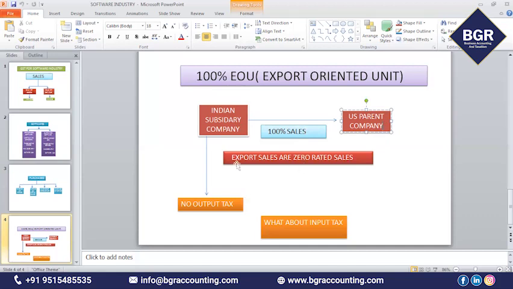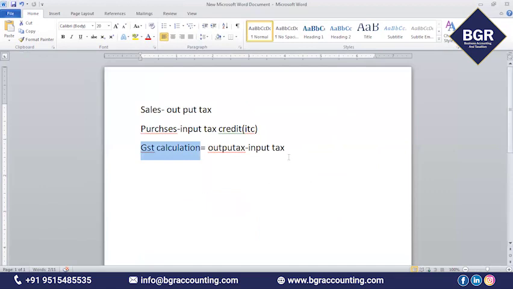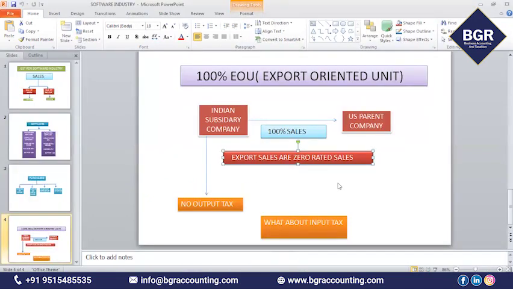You know, export sales are zero rated sales. That means on exports, you need not charge GST. That means this 100% export oriented company will have no output tax, because you need not charge the output tax.